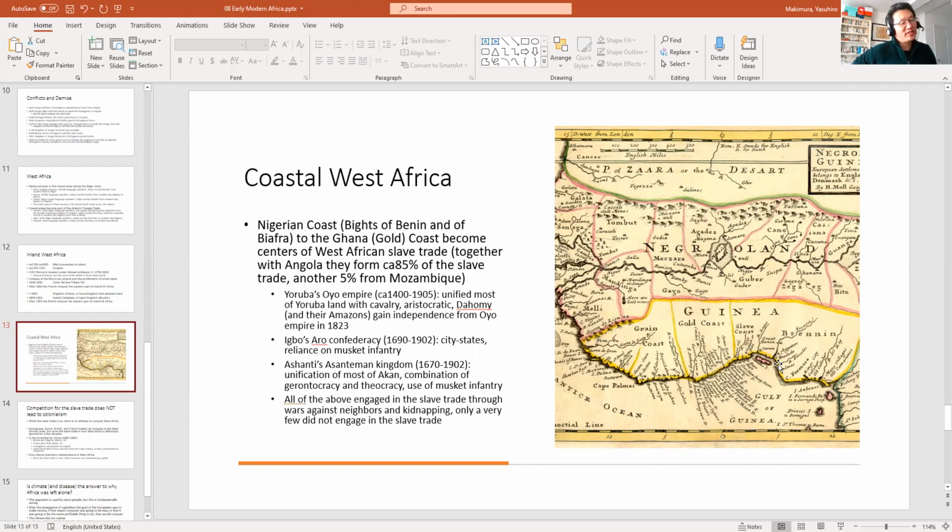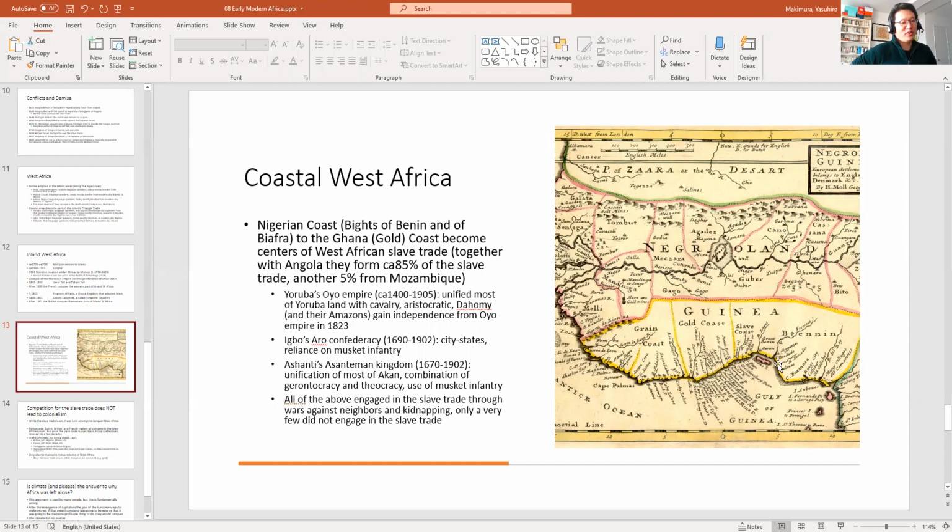And Dahomey is interesting because, you can Google and look this up, they are a people who had female warriors. For the longest time, people thought that the idea of Amazons, warrior women, was kind of BS and not true. Well, it turns out that in historical reality, there really were warrior women. They are the Dahomey Amazons, and we actually have photos, because they gained their independence in 1823. Photographs become common by the 1850s, so it's not that far off.